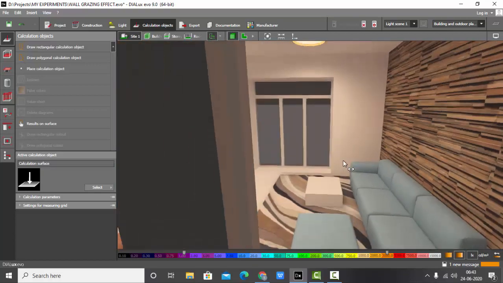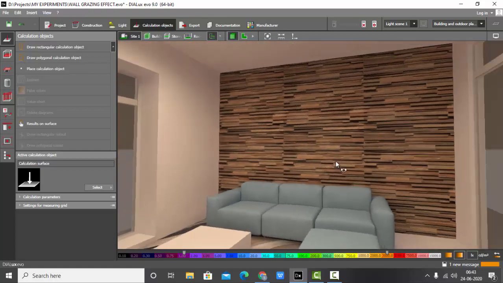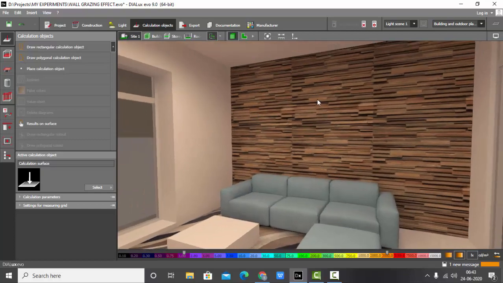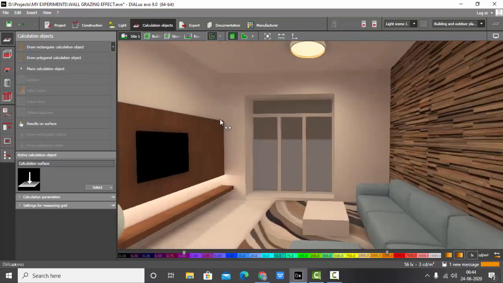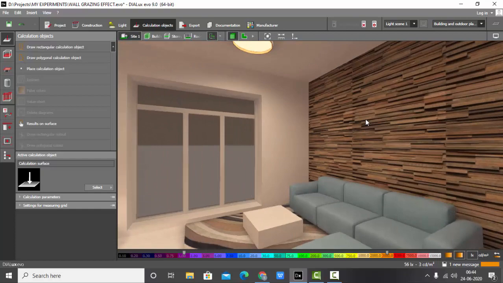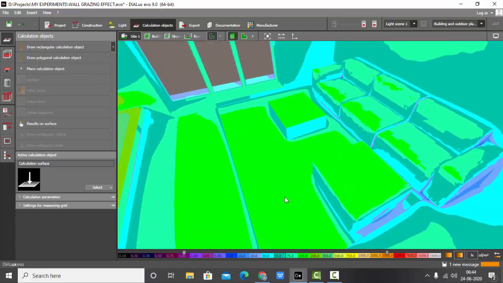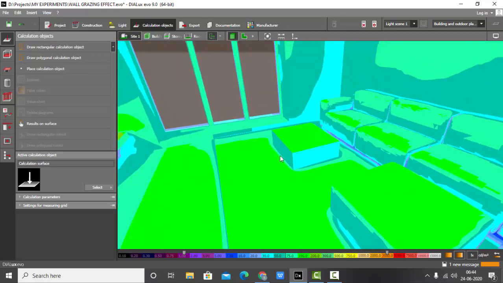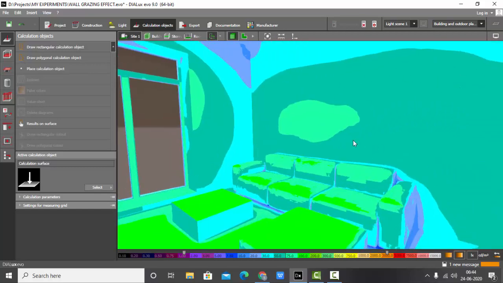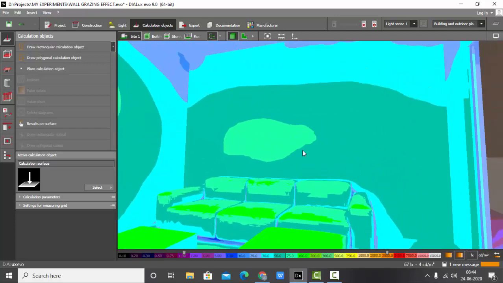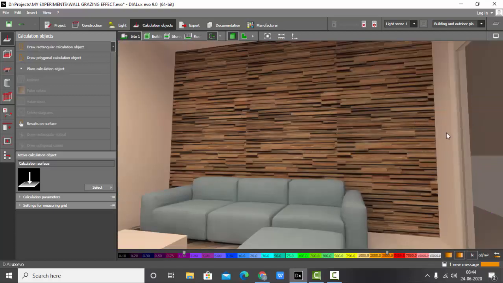You can see here my calculation is finished, and this particular wall is looking a bit darker because my reflection factor was very low for this wall, and these other walls have up to 70% reflection factor. If I see the thermal view also, though I have a good amount of light, up to 200 to 300 lux levels, I don't have sufficient light on this wall. On this wall, I'm getting 50 lux. Though it is 50 lux, it is looking quite dark.